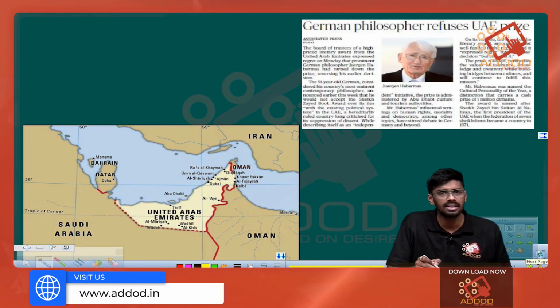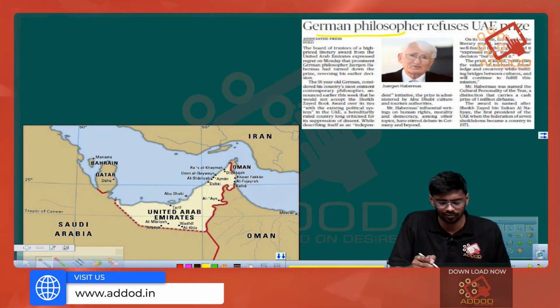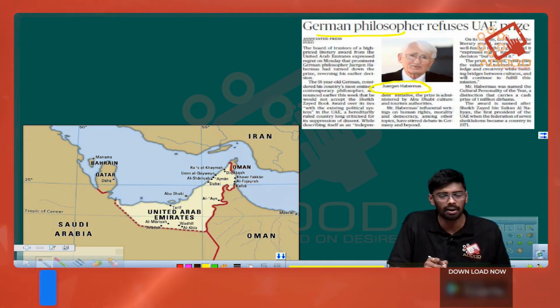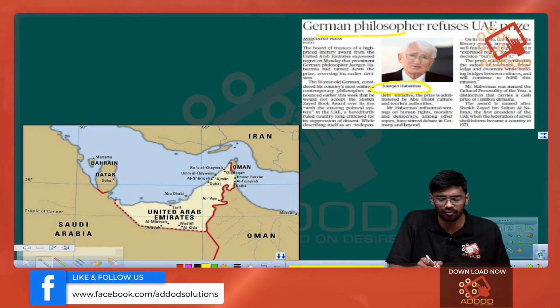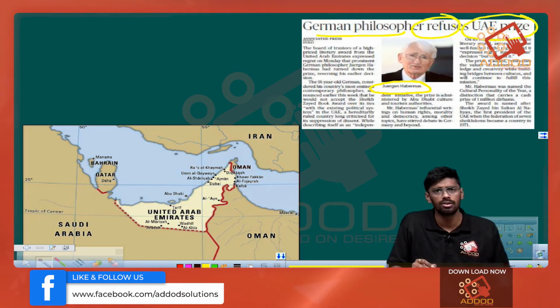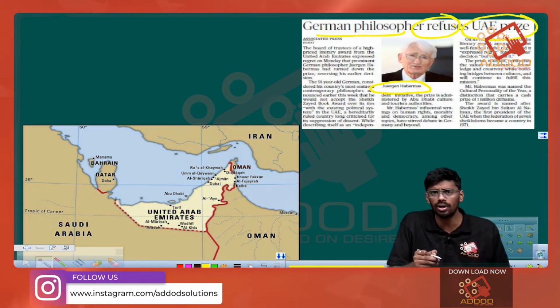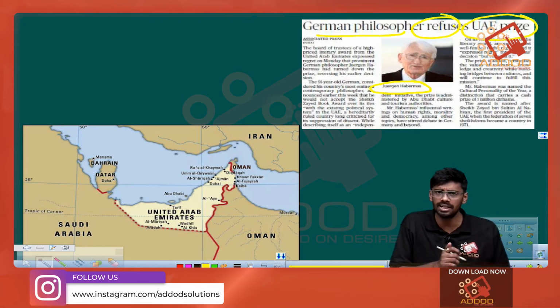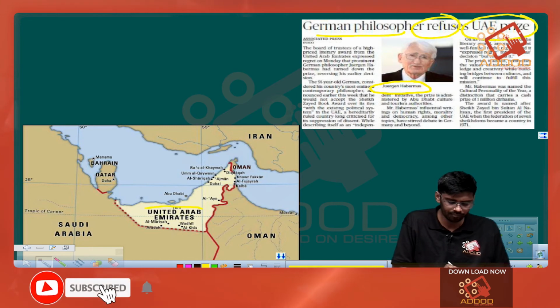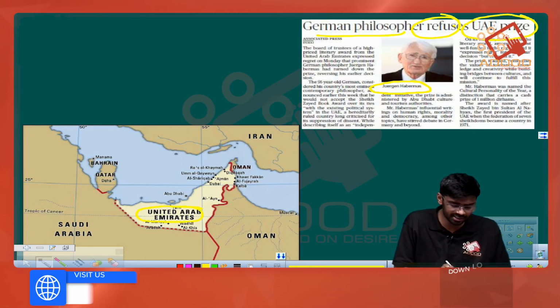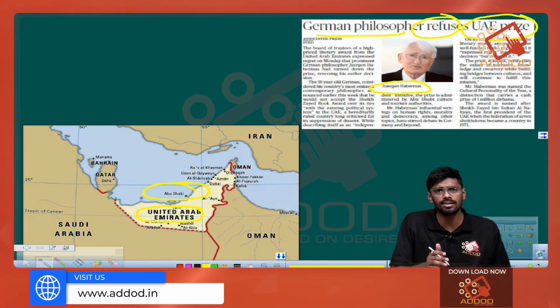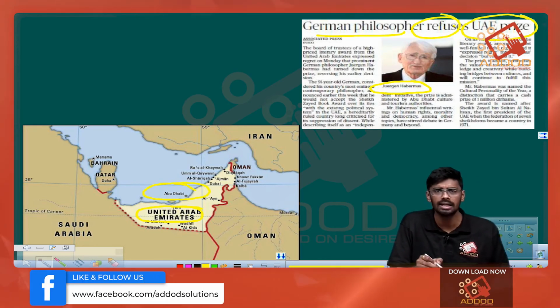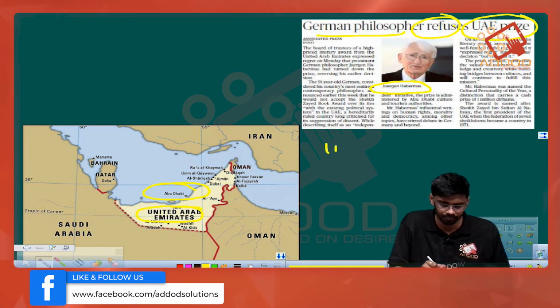Next, it is stated that a German philosopher, Mr. Jürgen Habermas, you can see in this image, has refused a UAE prize. So what is the UAE? UAE stands for United Arab Emirates. It is a Middle Eastern country, and you can see the UAE here, and you can also see the capital of UAE, which is Abu Dhabi. So what is the prize Mr. Habermas has refused from the UAE? This prize is called